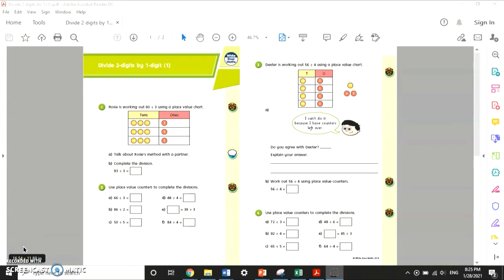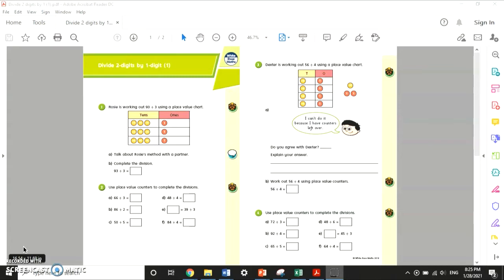Hi everyone, today we are starting on our division learning in Year 5. So I just wanted to show you how you can use Mathspot to help you with your tasks over the next couple of days. It talks a lot about using place value counters. So we're going to take a bit of a look at how they can be used to help us using